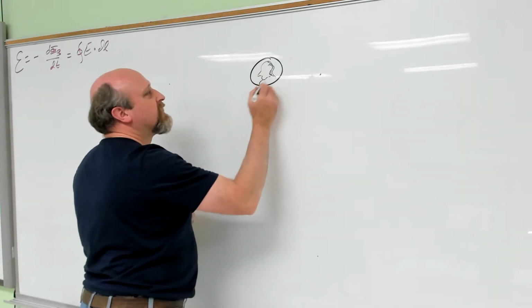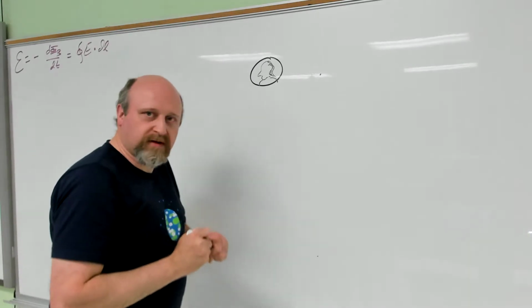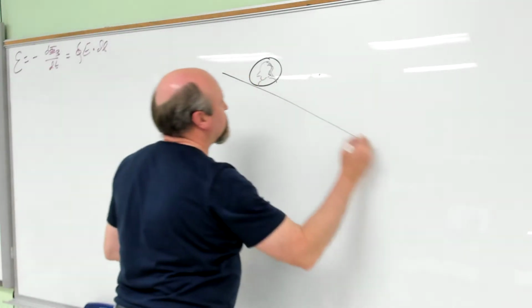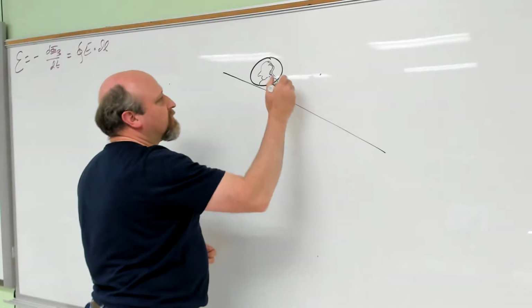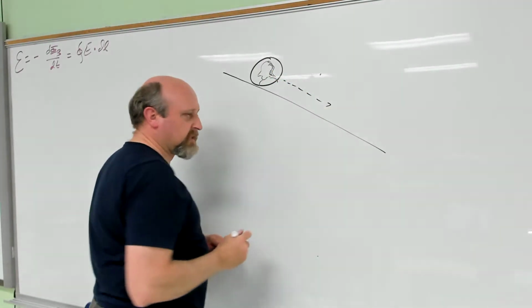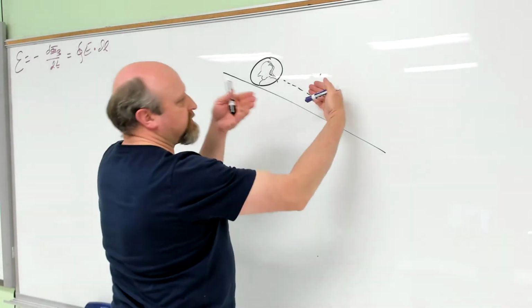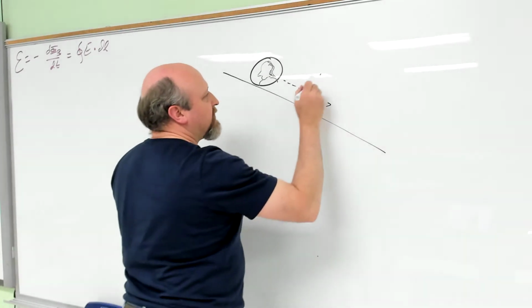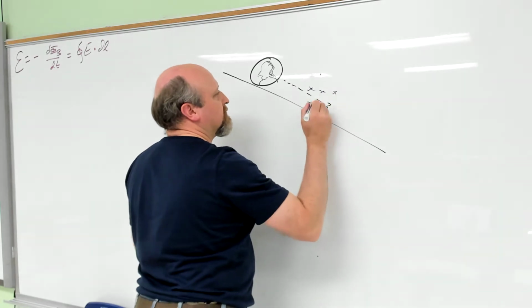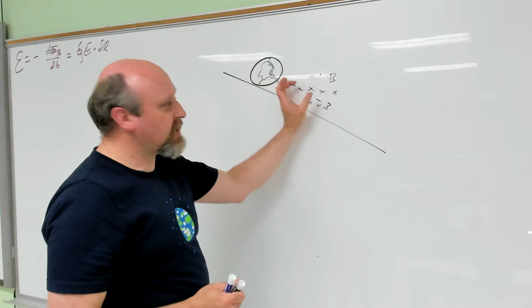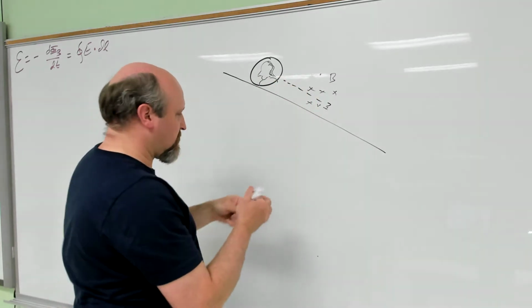Anyway, point is, imagine what would happen if I made a ramp and I roll this coin down the ramp. As it rolls down the ramp, it passes through a region where I have some magnets set up, so I have a magnetic field here. As that coin enters that magnetic field,